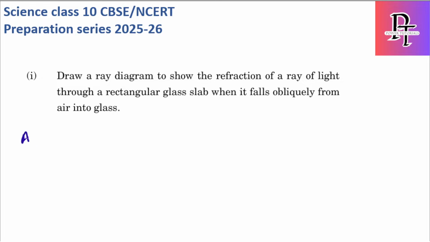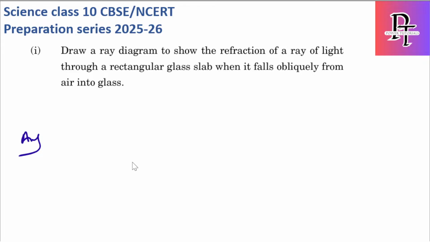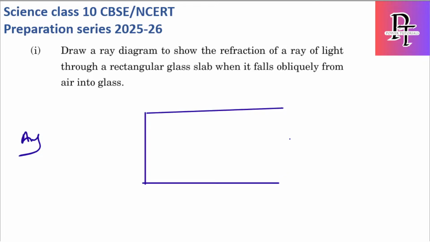तो इस क्वेश्चन में हम क्या क्या पूछ रहे देख लेते हैं। ड्रॉ ए रे डायग्राम टू शो द रिफ्रैक्शन ऑफ ए रे ऑफ लाइट थ्रू ए रेक्टेंगुलर ग्लास स्लैब व्हेन इट फॉल्स ऑब्लिक्यूली फ्रॉम द एयर इनटू ग्लास। ओके, तो इसके लिए हमको एक्सप्लेनेशन नहीं पूछ रहे, सिर्फ रे डायग्राम पूछ रहे हैं, पर वो रेक्टेंगुलर ग्लास है। तो पहले रेक्टेंगुलर ग्लास स्लैब ले लेते हैं। स्केल पेंसिल से अच्छे से करवा लीजिए। इधर मैंने ट्राई किया पर वो सीधा स्ट्रेट नहीं हुआ, पर आपको अच्छे से ग्लास स्लैब मतलब रेक्टेंगल शेप लेना पड़ेगा पहले। ये एयर होता है और ये ग्लास होता है और नीचे वाला फिर से एयर होता है।